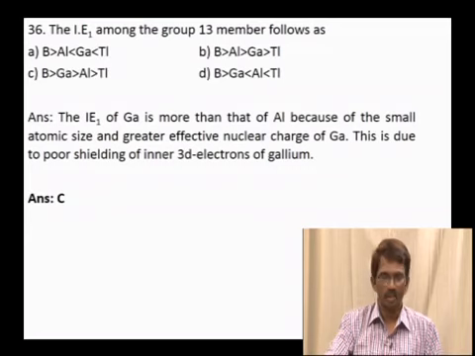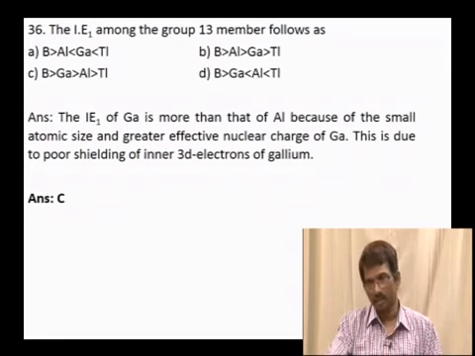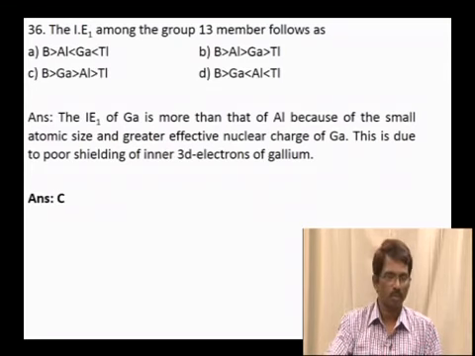That means to say, that is caused because of poor shielding of the 3d electrons present in gallium, and this results in greater attractive force by the nucleus of gallium on the valence electrons. Obviously more energy is required to remove the electron from the outermost shell of gallium compared to aluminum, and hence the correct sequence in the decreasing order becomes boron, gallium, and then aluminum, and then thallium, and option C